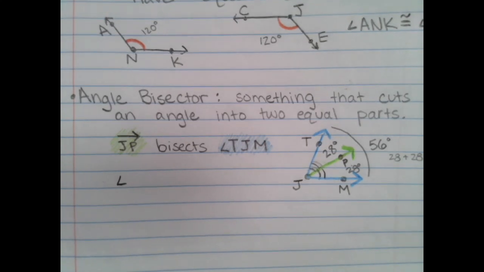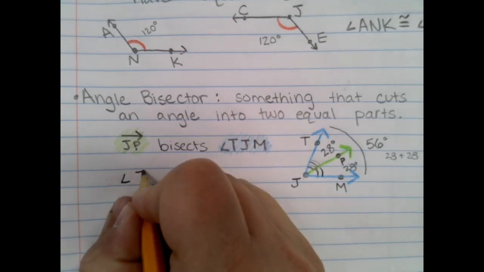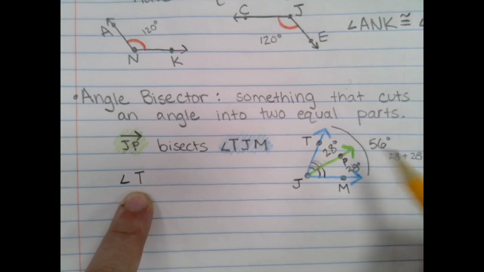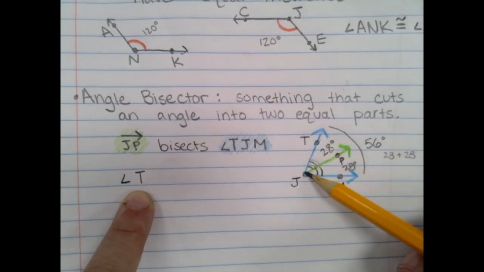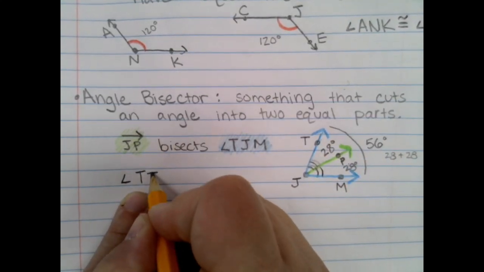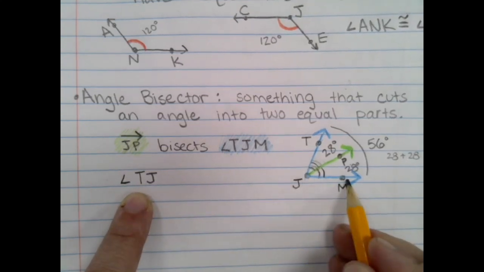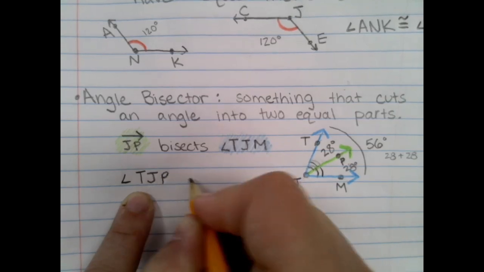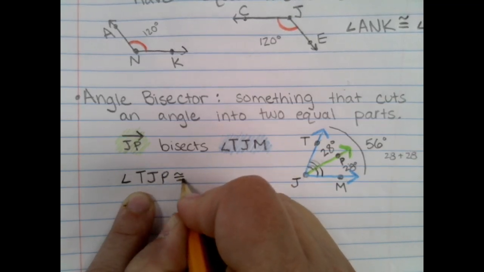What was one of the smaller angles, the 28 degrees? We start with T. We could do T to what? J. And then we're doing that 28 degrees. So do I want to go over to M or up to P? P. So angle TJP is congruent to angle,